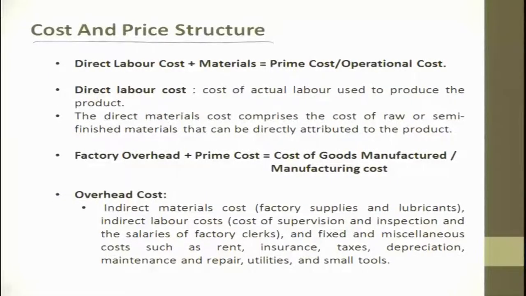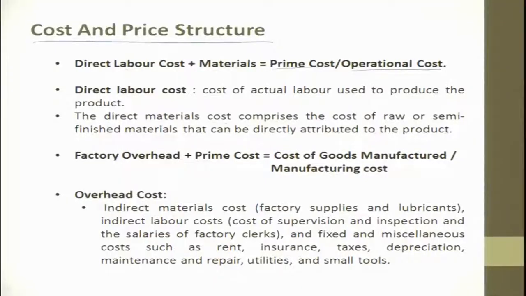Cost and price structure. Direct labor cost plus material cost is equal to prime cost. Direct labor cost is the cost of the actual labor used to produce the product. Since the labor cost is going very high, today there is a lot of demand for automation. So, people look at automation and robotics as a big field wherein they try to replace human labor. The direct material cost comprises the cost of raw material or semi-finished material that can be directly attributed to the